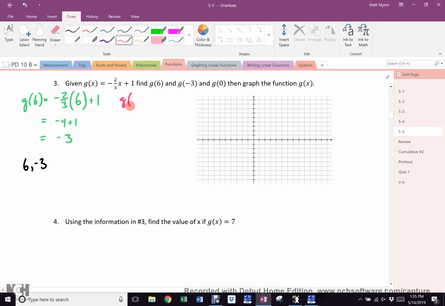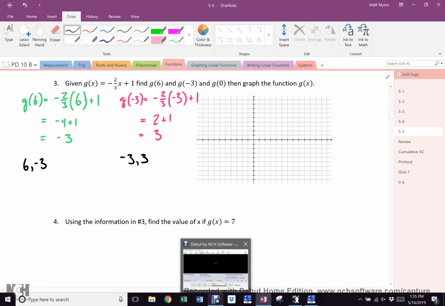What is the g of negative 3? Negative 2/3 times negative 3 plus 1, which is what? 2 plus 1, which is 3. What is the point that is going on the graph? And lastly,